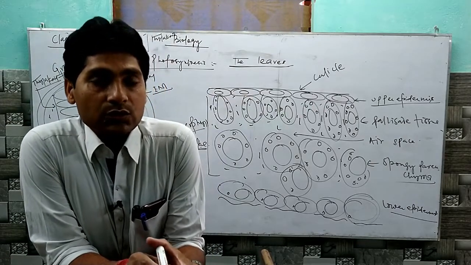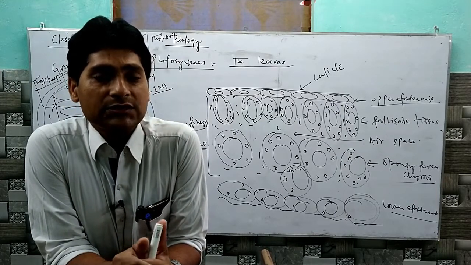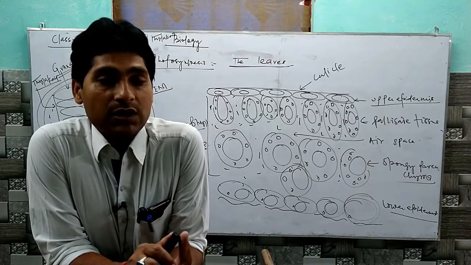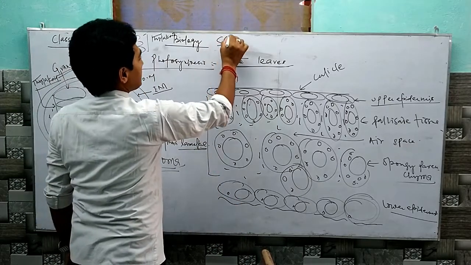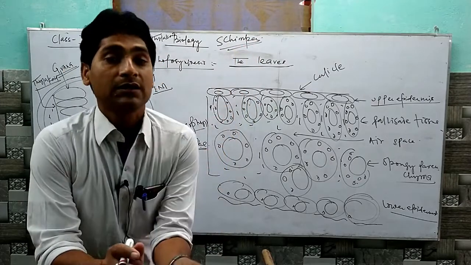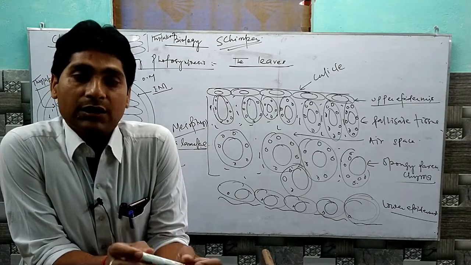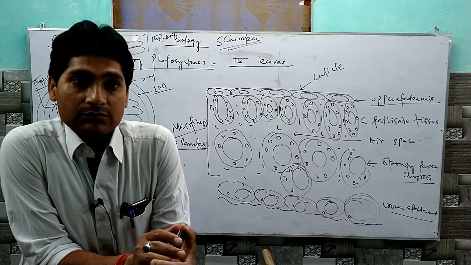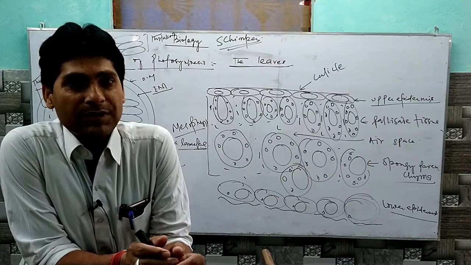As students, you should know about the chloroplast. You can say the chloroplast is the green plastid of the plant cell, and it was discovered by Schimper. About the chloroplast, it can be said that it is a double membranous structure that has two different membranes, an outer membrane and an inner membrane.